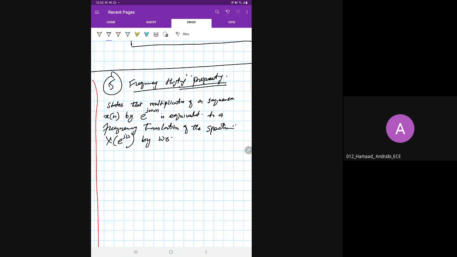And we know that X of e raised to the power j omega is periodic. The shift omega naught applies to the spectrum of the signal in every period. Okay, so the shift will be